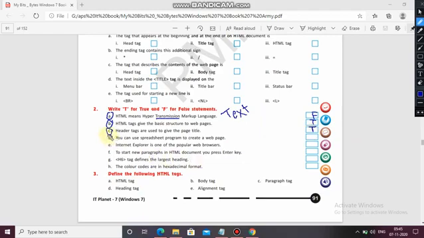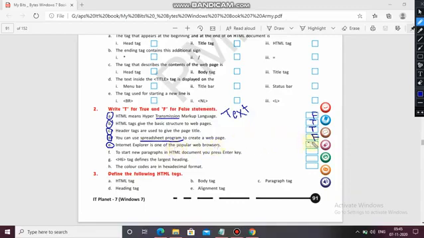Next, D. You can use a spreadsheet program to create a web page. No, we are not using a spreadsheet program to create a web page, so it's false. Now next, Internet Explorer is one of the popular web browsers.